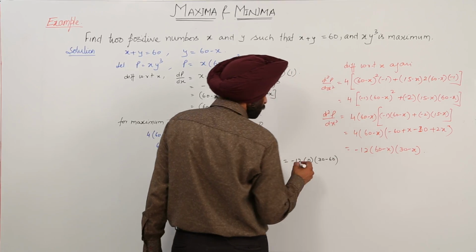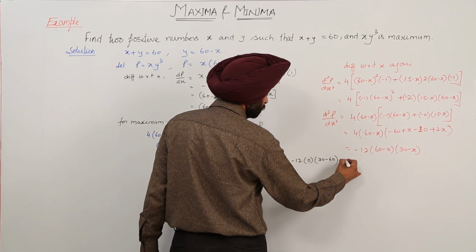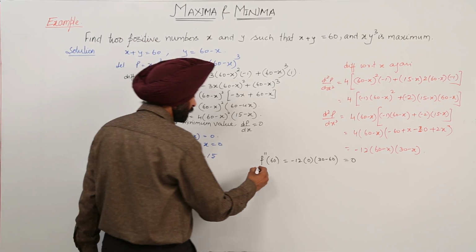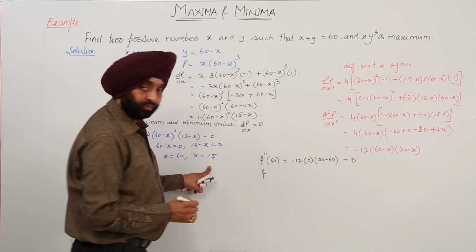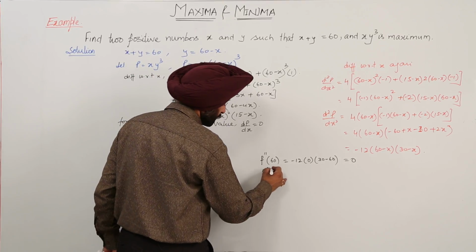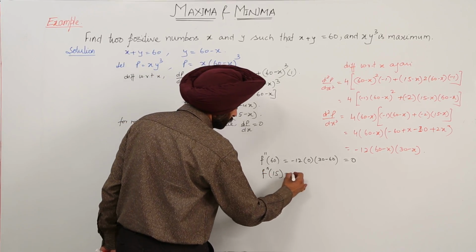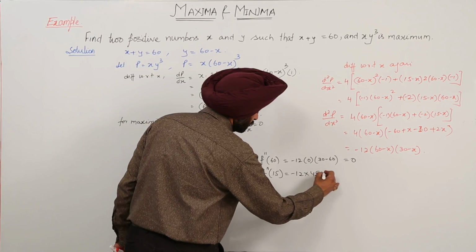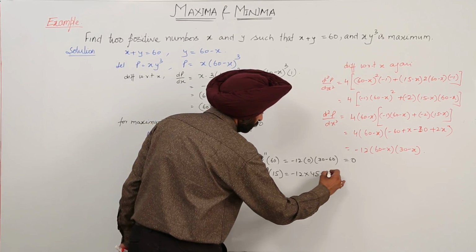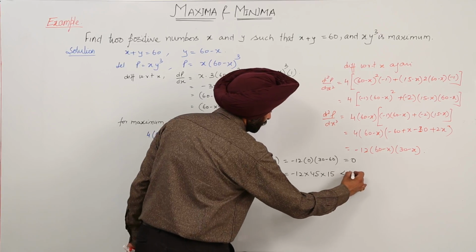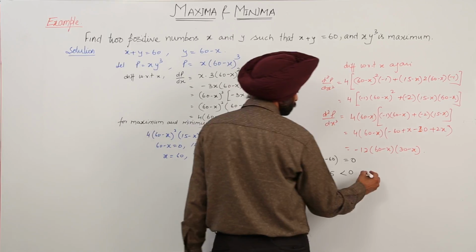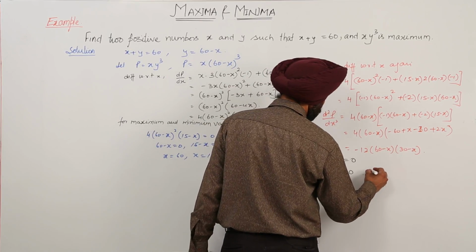So what is the result? 0. 0 multiplied by any number is 0. F double derivative at 15 is equal to minus 12 with 45 with 15, which is less than 0 because it is a negative number. Therefore